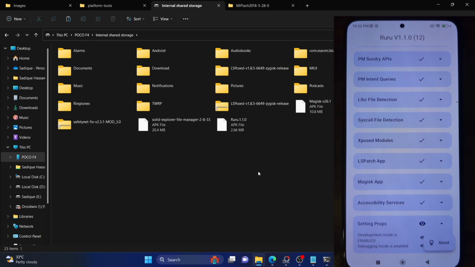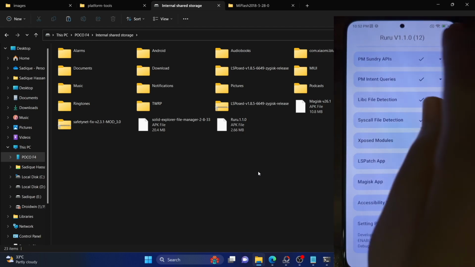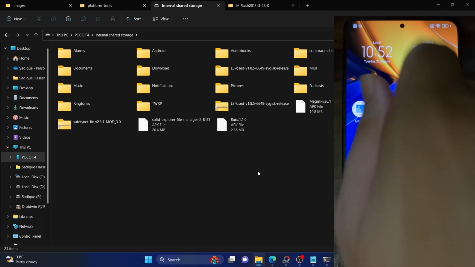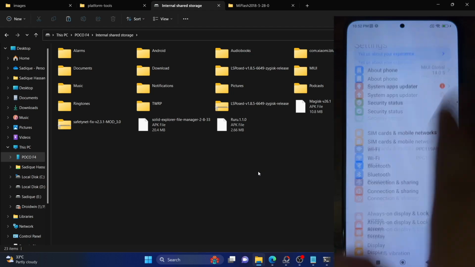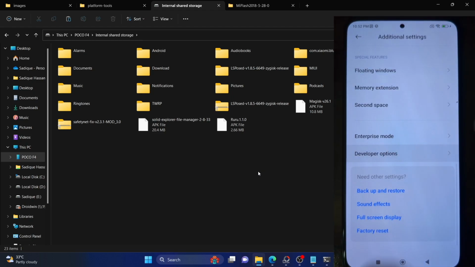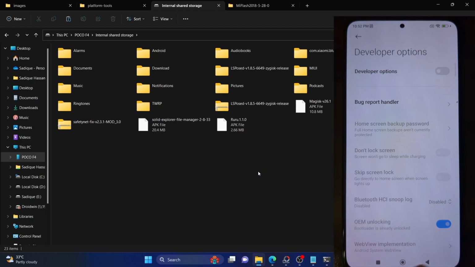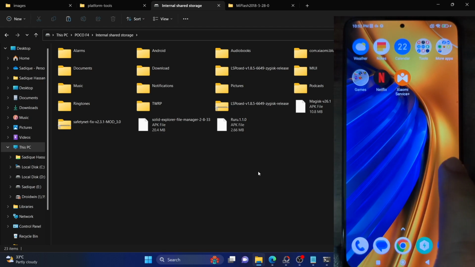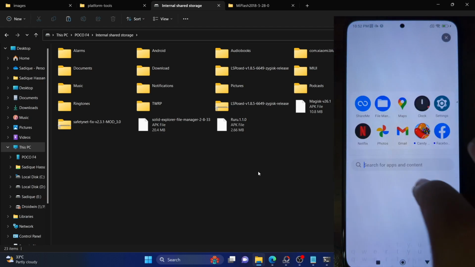And the last one is the settings prop, in which it's asking for the developer mode. So we could now easily ignore this because it's just the developer mode which is required to execute ADB commands. Anyways, let me show you that as well. If I now turn off the developer mode, that toggle will be gone. So let me show you that. If I turn off developer options and go back, and now if I launch the app from here,